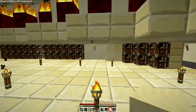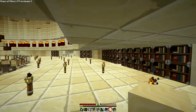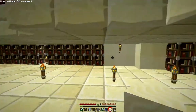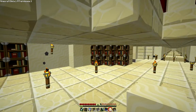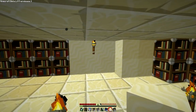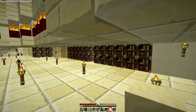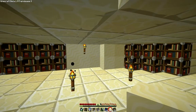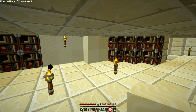And I want to know if anybody else is having this problem. I placed books all around this whole wall, and a lot of them just go missing. Like, they'll be there, and then I'll come back like 5 minutes later, and then poof, they're gone. I don't know what the problem is. I thought maybe, okay, because we have the netherrack out there, but the netherrack goes all the way across, so I don't see what would be causing a problem with it. So if anybody has any suggestions, please let me know,